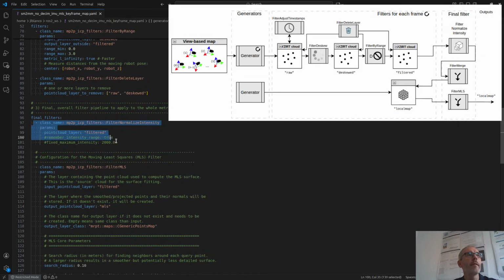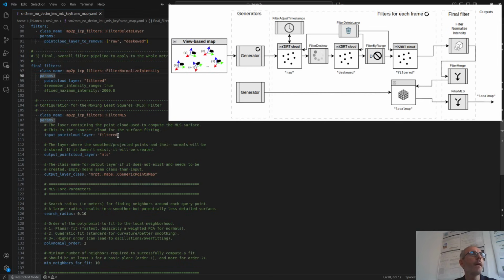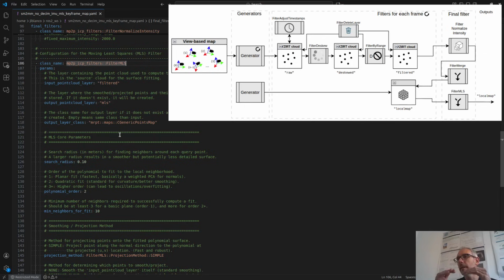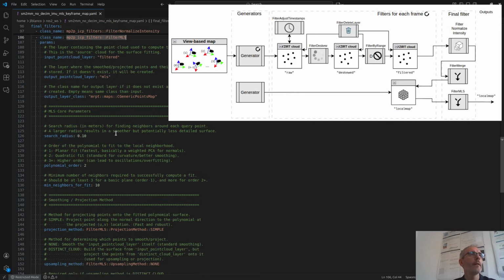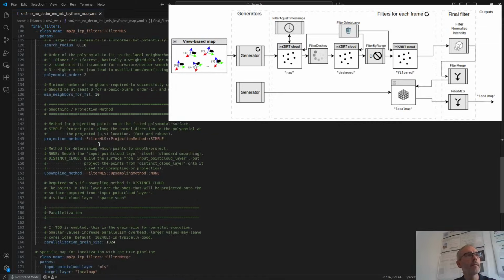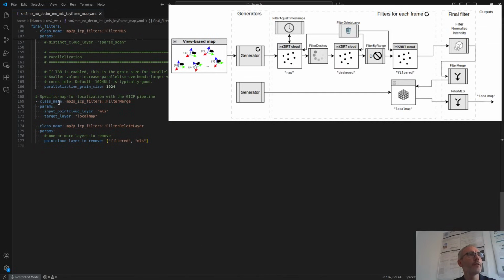So we take the final layer, which is called filtered, and apply an intensity normalization, okay? And then a noise filter, this is one of the most powerful methods. It's a moving least squares filter. It takes the point clouds and basically smooths the surfaces. There are many different parameters here. You can just check the documentation.